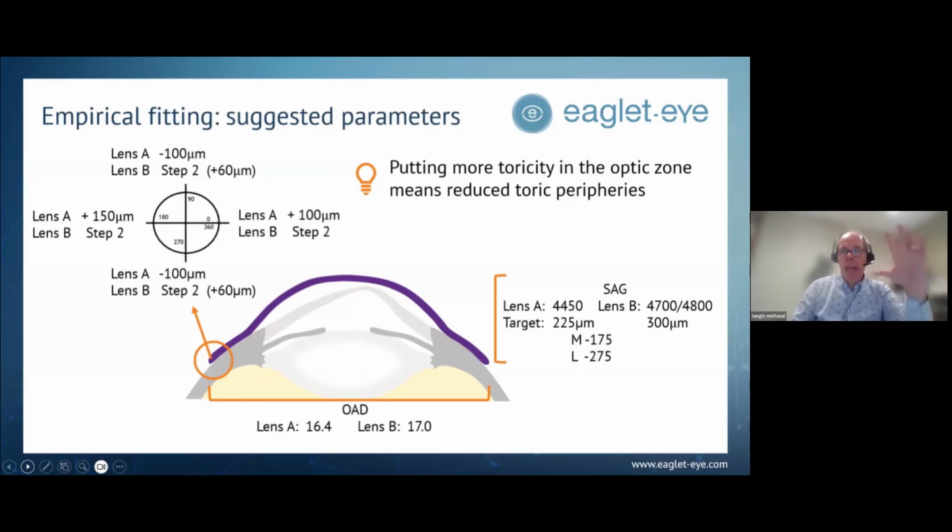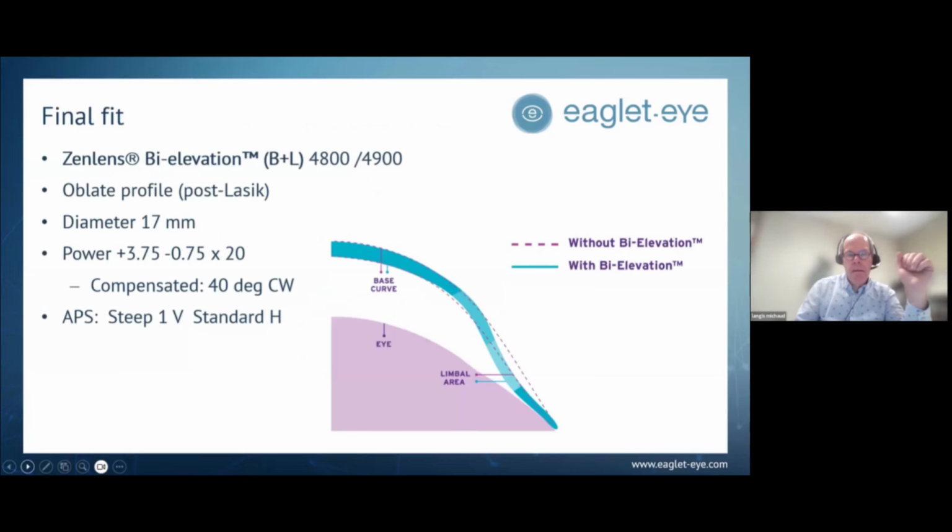Then you may have an excess and an overvault in that particular area. So that kind of bi-elevation helps you to limit that kind of issue. And we see the profile here of what a bi-elevation lens gives you instead of a regular one. So you can really adapt this transition over the limbal area where the vaulting chamber is